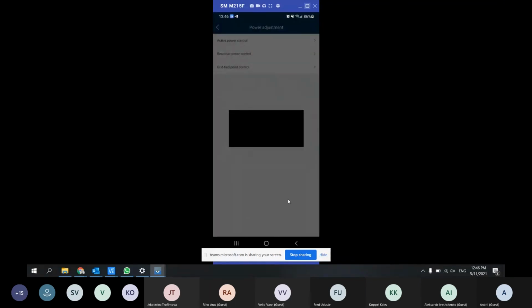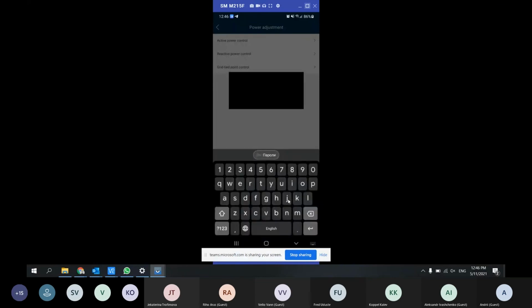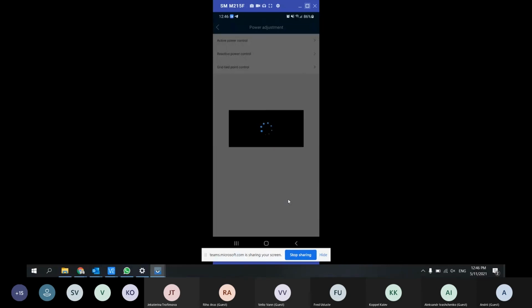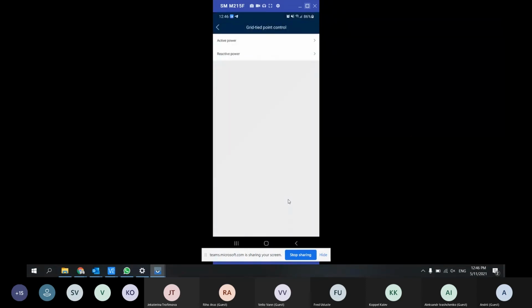So it means how it is connected to the grid, the control at the grid connection point. You put here the standard password. And here again you control the active or reactive power, depending on the smart power meter.